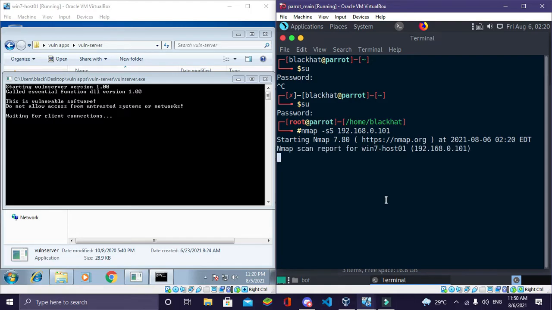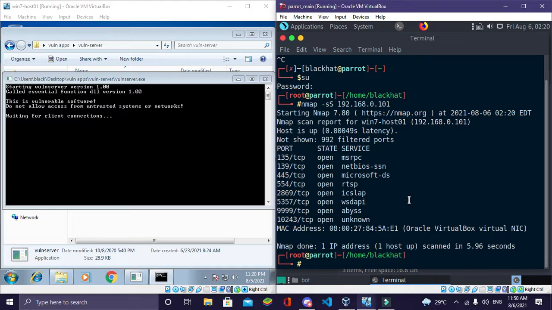It will take some time and it will give you information about ports, and you can see some ports are open. The port we need is this 9999 port.